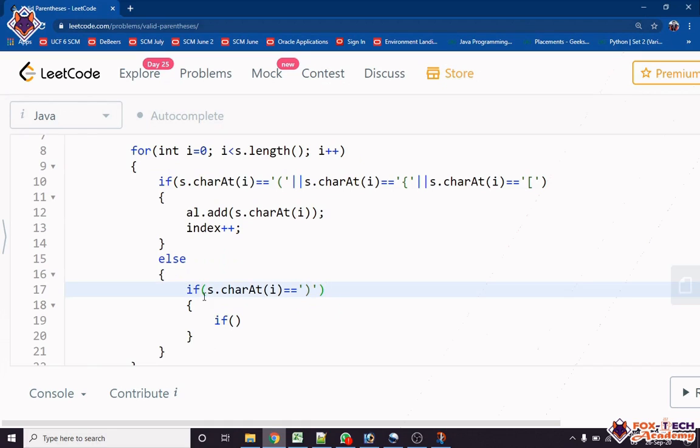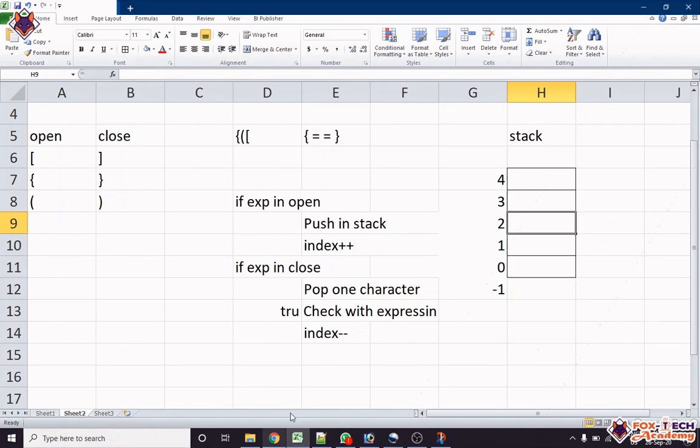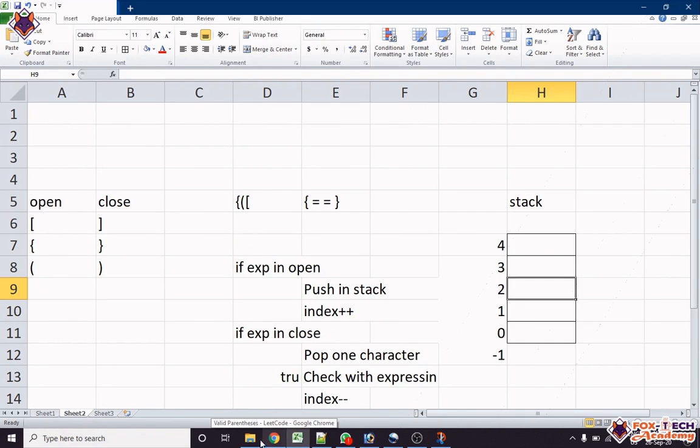If our character is this one, it means that when we find any closed character, we pop one item from the stack and compare it. For popping we will get al.get(index), and check whether it is equal to this one or not.